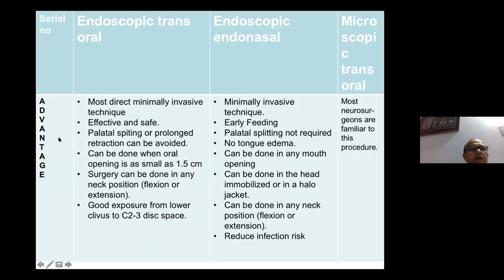These are some of the advantages and limitations of various approaches: endoscopic transoral, endoscopic endonasal, and microscopy. In transoral, it is most direct, effective, and safe. Palatal splitting not required. Can be done when the oral opening is as small as 1 centimeter. Surgery can be done in any position, flexion, extension, and it provides a wider exposure as compared to the microscope,